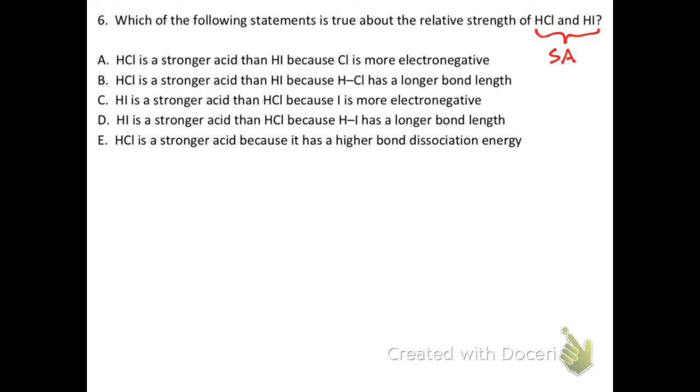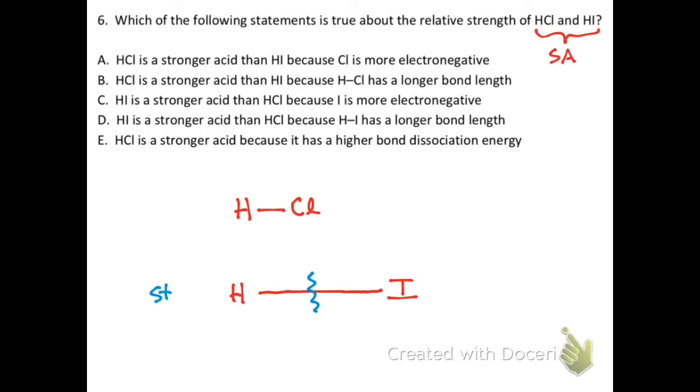So to analyze this, let's consider the structures of HCl. Cl is a relatively small atom. It's in group 3. And then we have HI. Iodine is a much larger atom. It's in group 5. So it's a lot further down, which means this is a much longer bond. Now, if we compare these two, longer bonds are substantially easier to break, which means HI is going to be